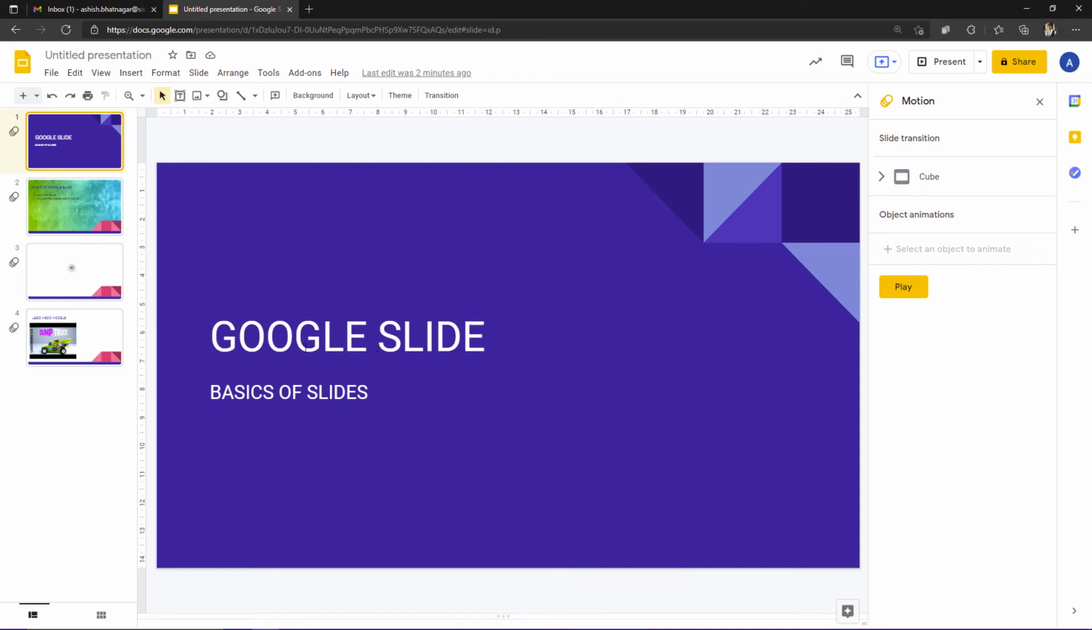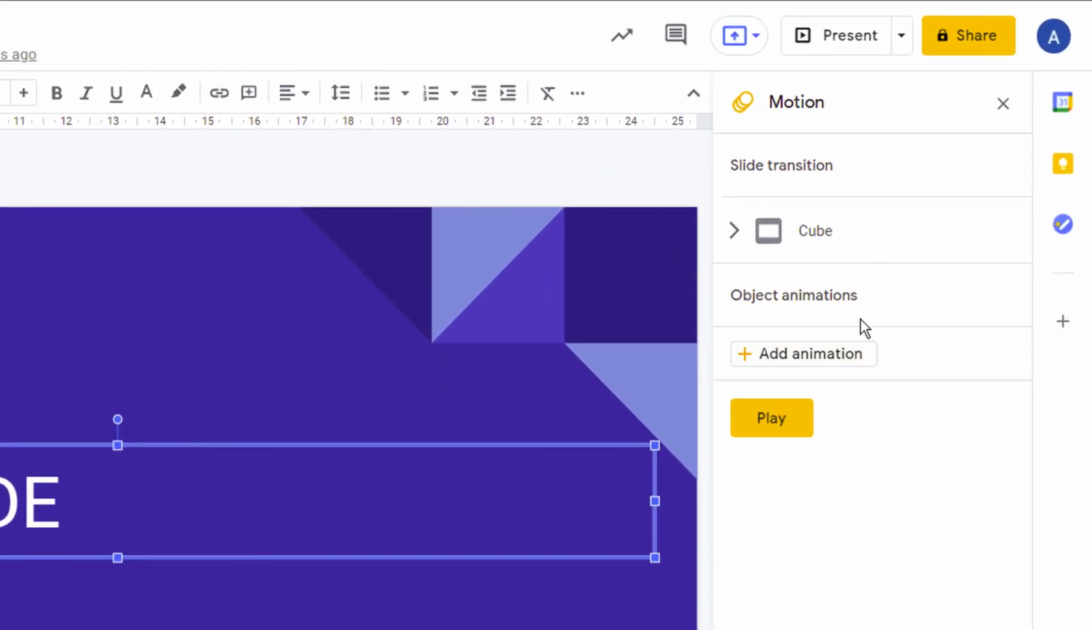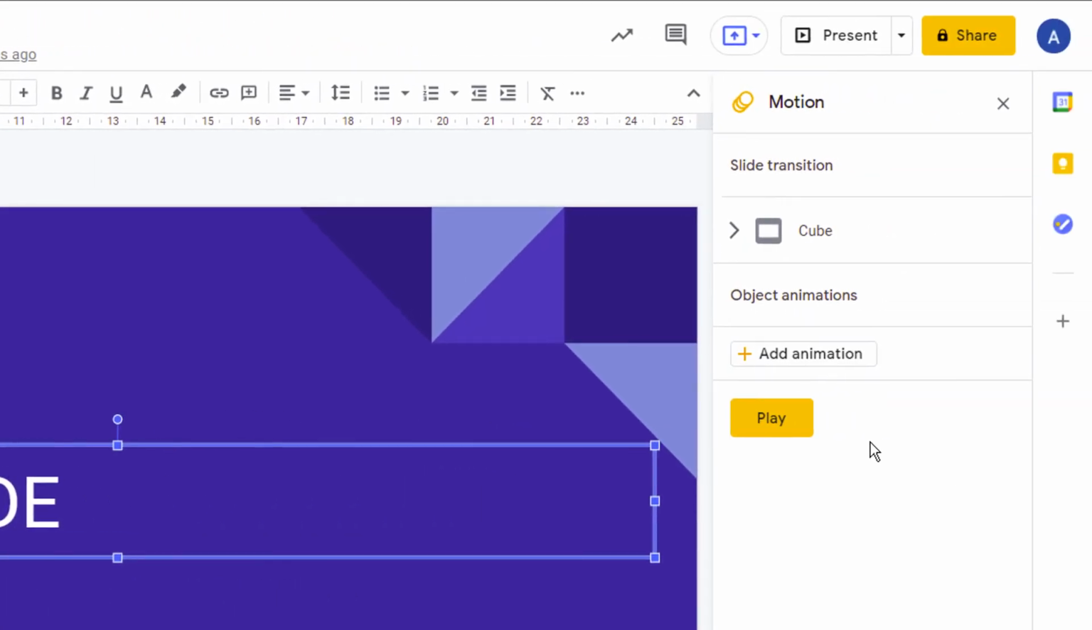To apply the animation effect to these elements on the slide, first of all, you click on the heading. So now I have selected the heading of the slide, and then go to the motion panel. If the motion panel is not available, you can go to the slide menu and then choose the transition option, and then this will be visible here on the right hand side. It says cube here because we have already applied the cube transition to slide number 1, but this time we want to add an animation to our heading. Click on the add animation button,